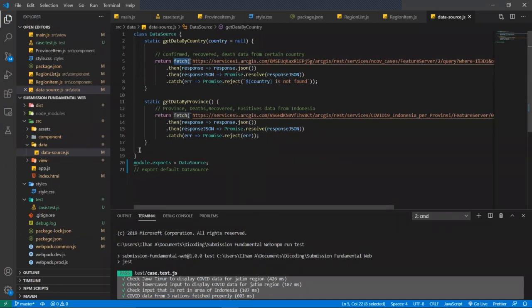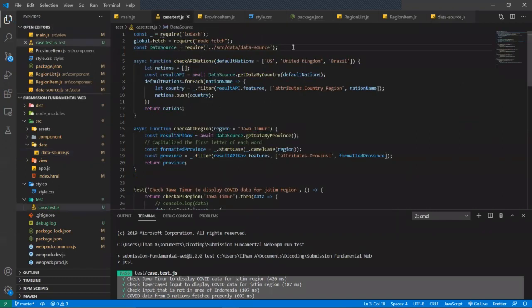How can we do that? Because I put the module exports here, we can import it in another file. And that file is case.test.js, which is the file that we are going to test. So after we get all of those imports,